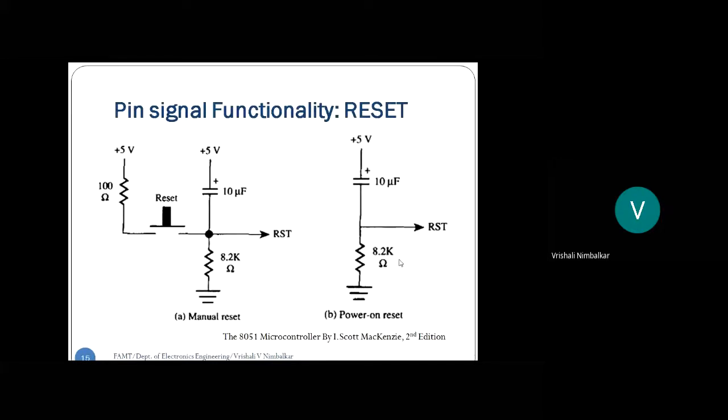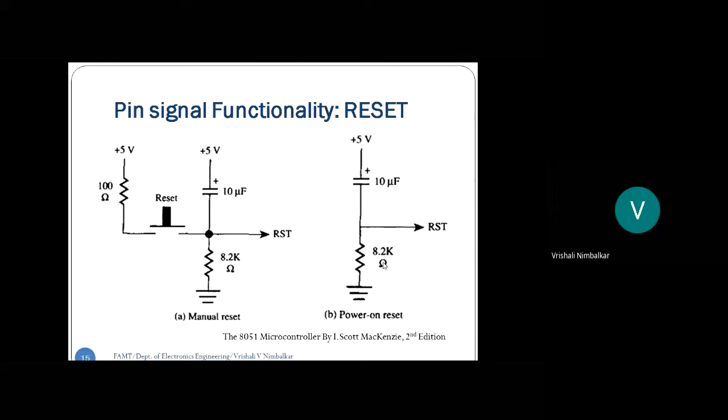The formula to calculate the time period is 0.693 R into C. So when you do this calculation, 0.693 into the resistor 8.2 kilo ohm and the capacitor 10 microfarad, we are definitely going to get the reset pulse greater than 2 microseconds. Hence the values are like this.